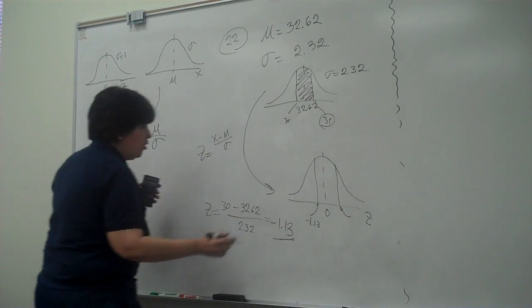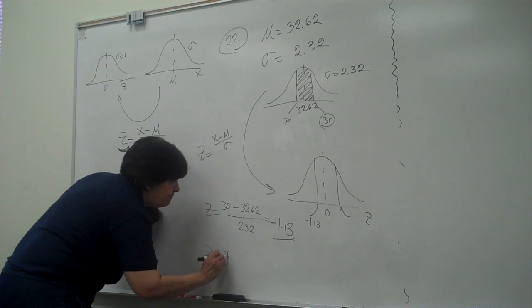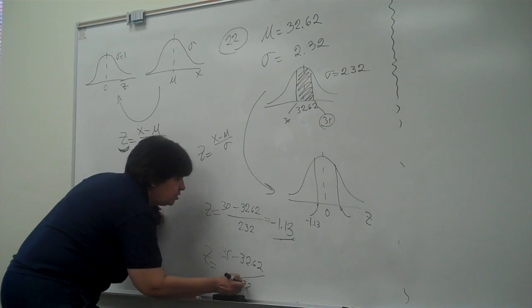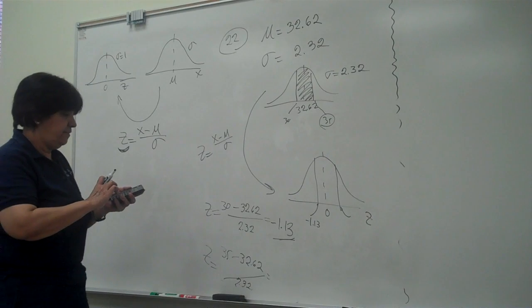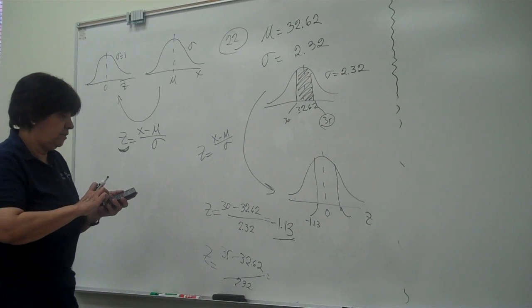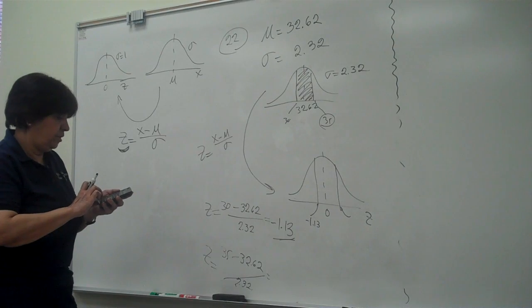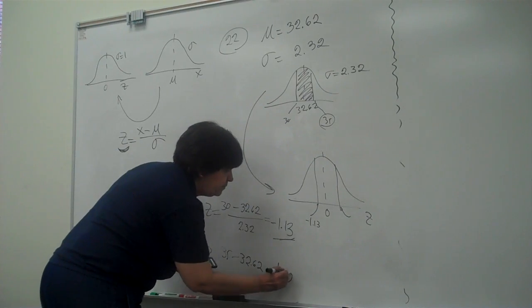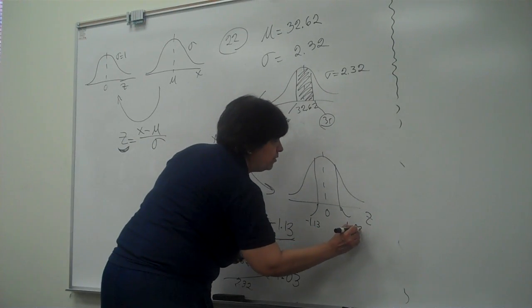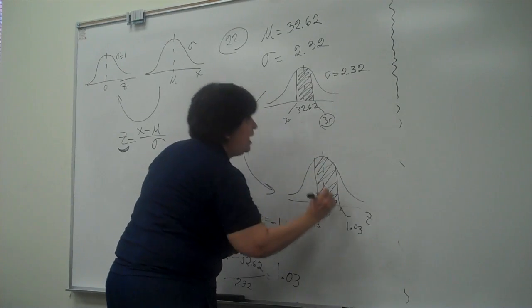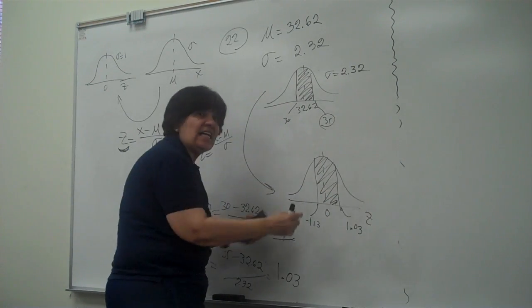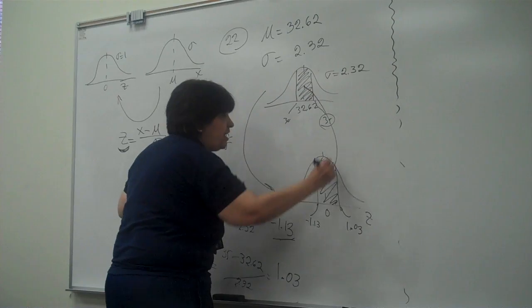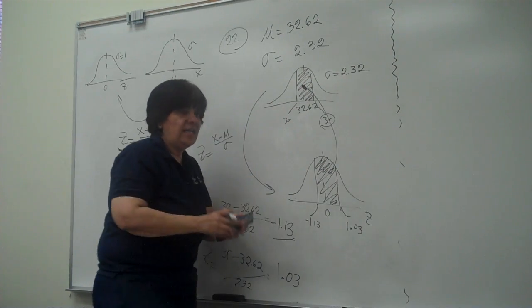Now, what is this one over here? That is 35. I'm going to do exactly the same. Z is equal to 35 minus 32.62 divided by 2.32. And that is 1.03. This is 1.03. Okay? And this area is exactly this area over here. So if I found out what this area is, it is exactly this one because I translated